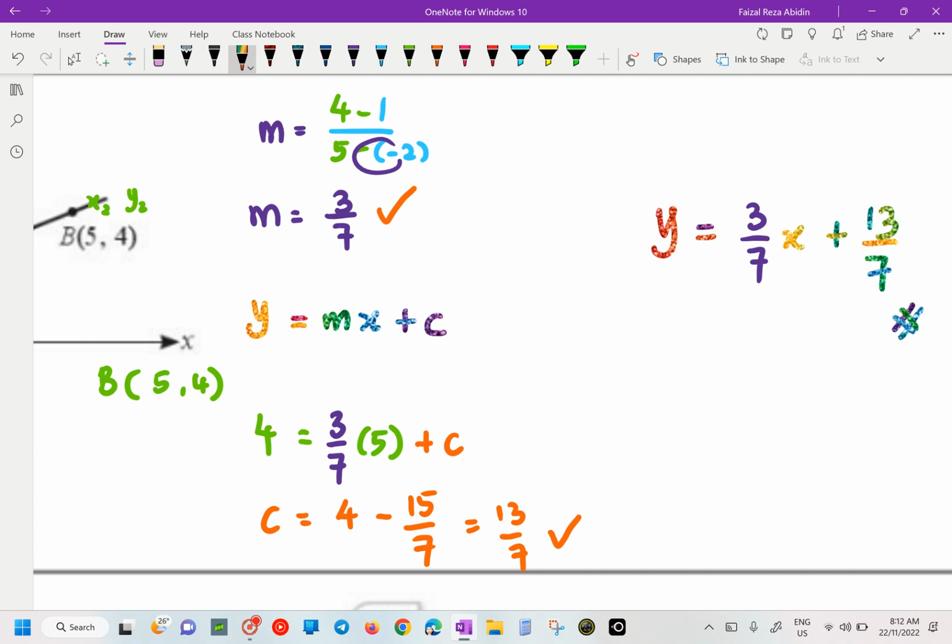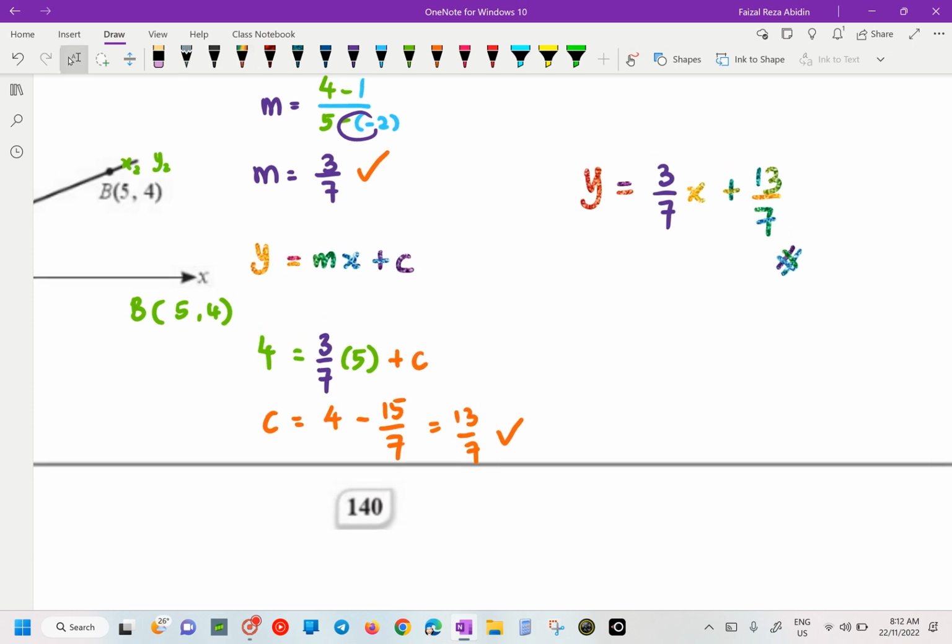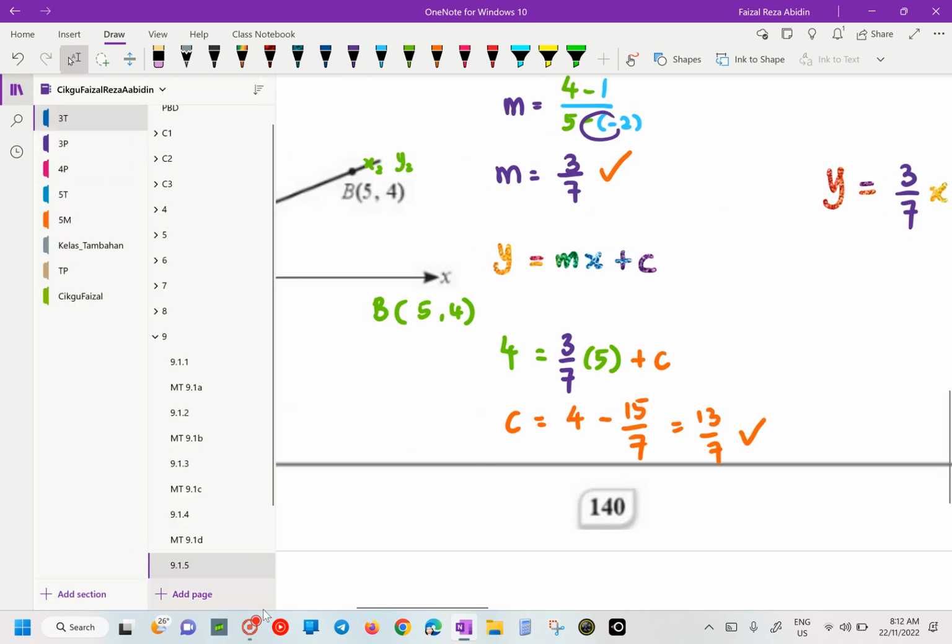Clear? Okay, girls? No need to use A. That's it, only B here. If I substitute A, can we get the same answer? Yes, can. Okay, that's for page 140. So next, wait, let me